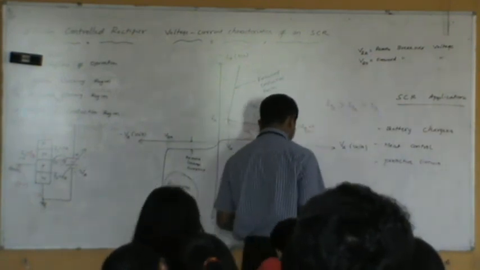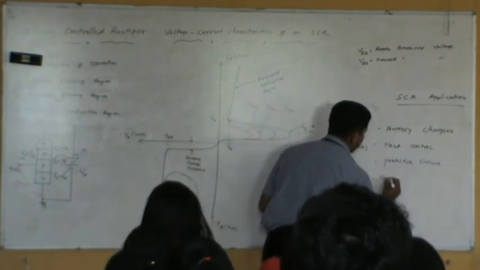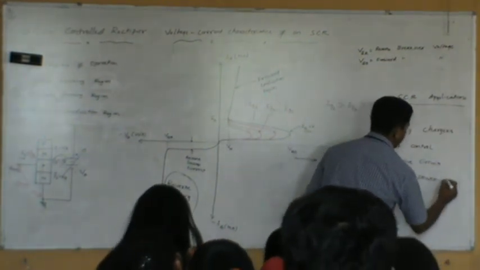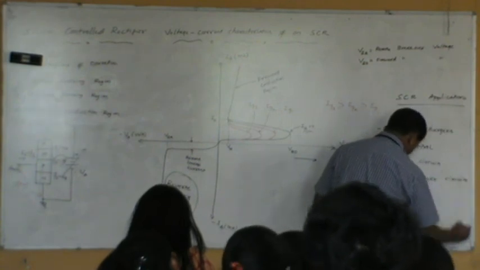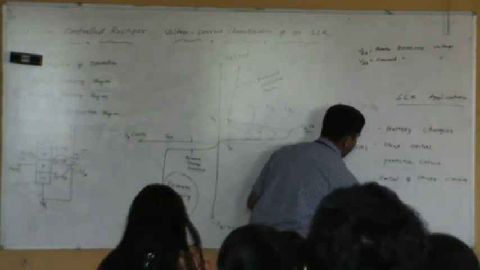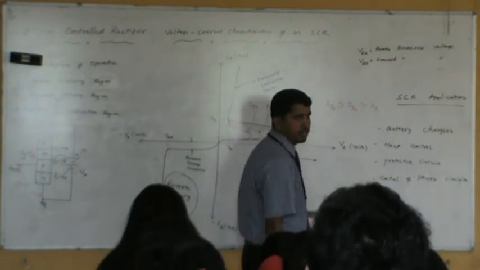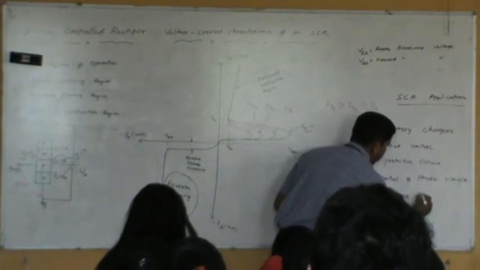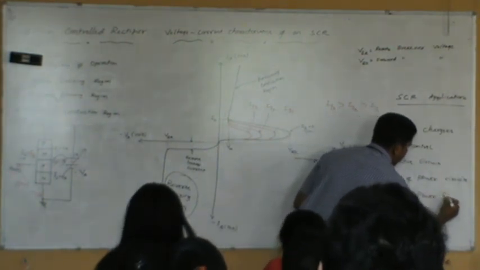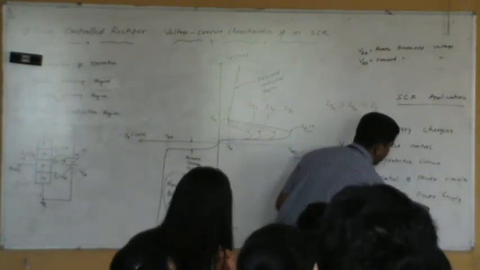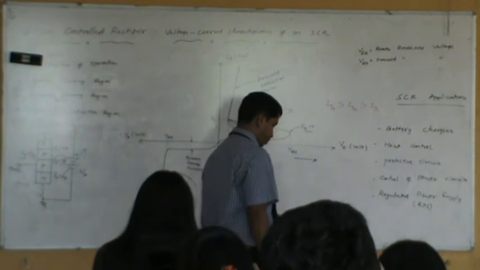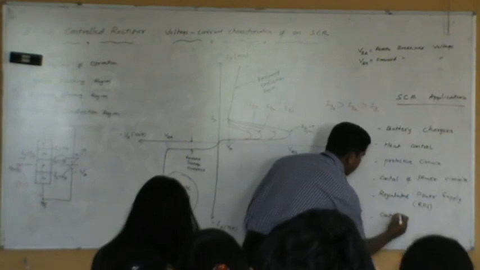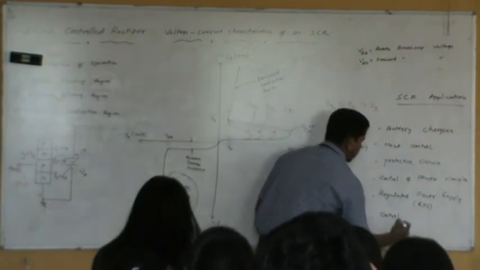We use an SCR whenever it is needed to control the power in a circuit. And also, in the laboratory we have a regulated power supply. Even there we use SCR, in the regulated power supply, which we call shortly as RPS. And in some control systems where it is a non-electronic control system, they also